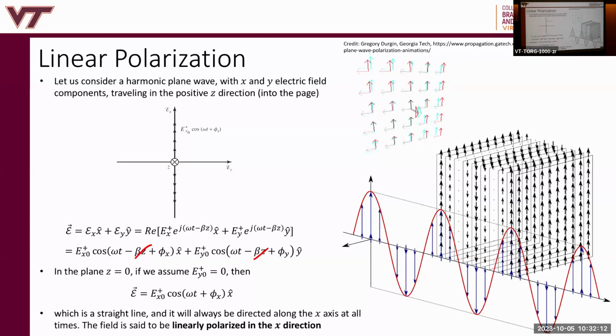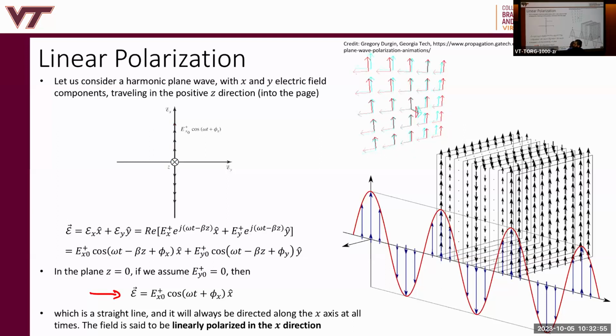In the plane z equal to 0, if we assume E y naught plus is equal to 0, then this is the electric field, because the y component is set equal to 0. Well, that means we get this figure to the right. It's a straight line. We can see the electric field vector plotted at different times, and then it goes negative. It's in the x direction only. There's no y direction for this case. And it's E naught x cosine of omega t plus phi. Here's the electric field as a function of time. We need to trace that electric field as a function of time